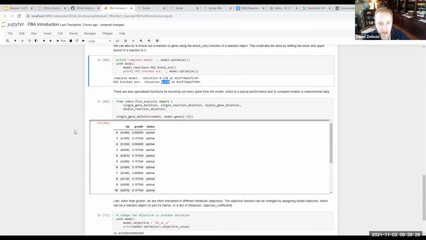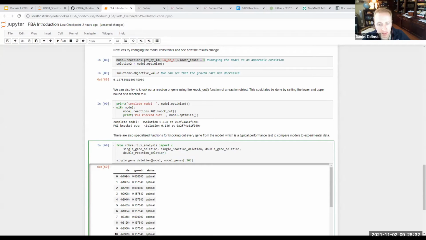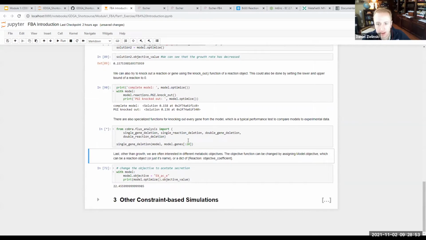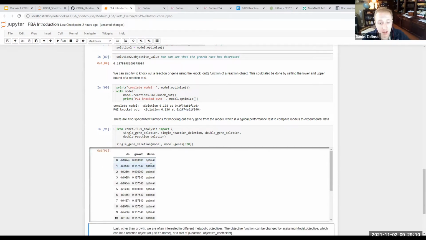So you could do this type of analysis. There are also tools to just do single or double gene deletions on every gene. So you can just see it takes a little longer because it's running multiple different simulations. Here I'm only doing 20 genes, but still it takes a little while to get going. So just wait for that. But typically, this is what you'll do to test the performance of a model against experimental data. You'll knock out genes experimentally, and then you'll knock them out in the model. And you'll see how many times the model predicts growth or no growth versus the